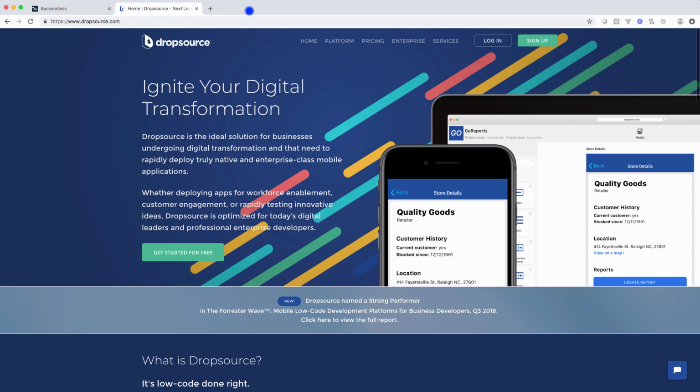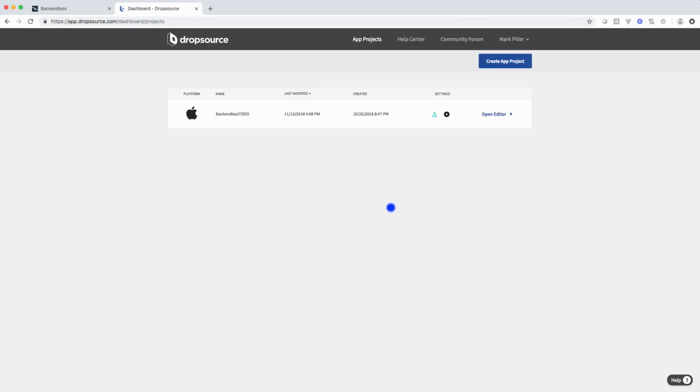For this, you will need to create an account with dropsource.com and with backendless.com. Both platforms provide a free tier, which will be sufficient to build the to-do app. I already have an account. I'm going to sign in to DropSource. Here, this is the app that I used for the demo that you saw earlier, but I'm going to create